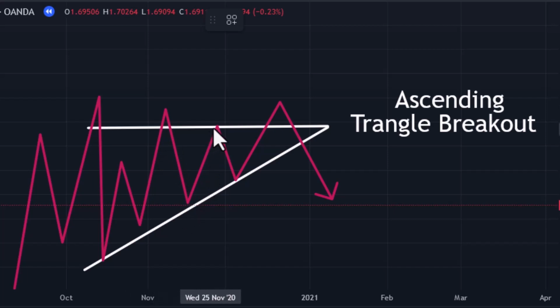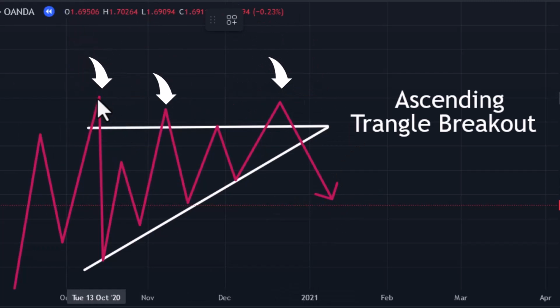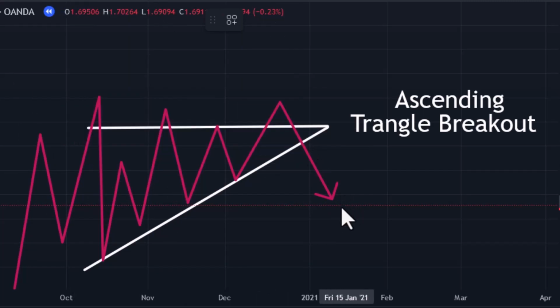After that, price tested the resistance, came down, tested the support. There was another breakout and price came, tested the support and broke through it. So we have a first breakout here, another first breakout here, another first breakout here, and we have a real breakout